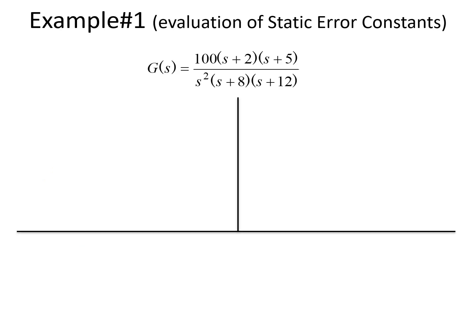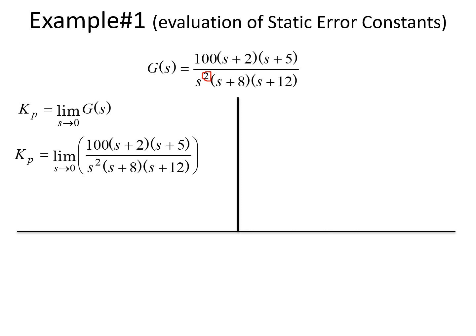Okay, so let's see how we can evaluate it. It is 100 into (s plus 2) into (s plus 5) by s square into (s plus 8). That is what I told you. It's a type 2 system because you have the power of s equal to 2 here. Correct? So Kp is equal to limit s tending to 0 of G(s). If I replace that here, you are going to get Kp as infinity, because in the denominator you have s square. Though you may get values for the other terms, since you have s square in the denominator,